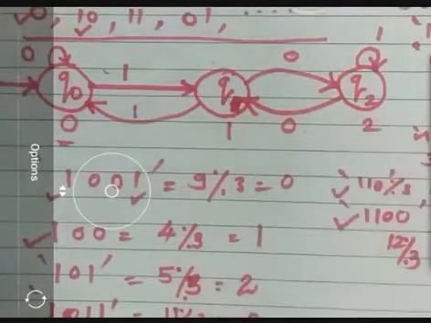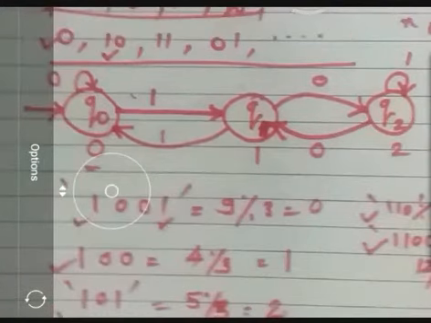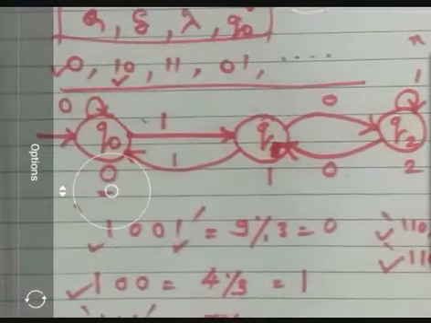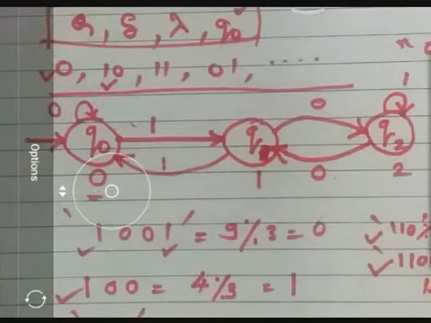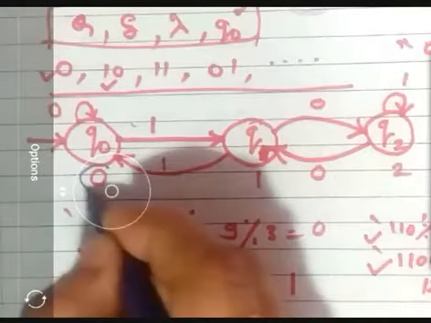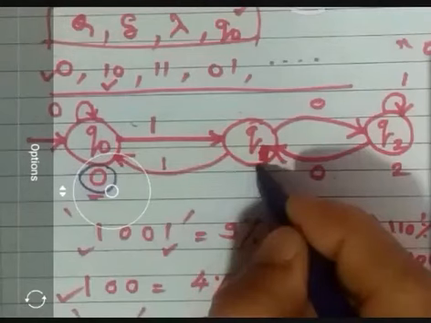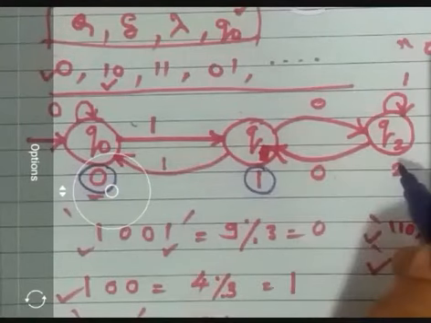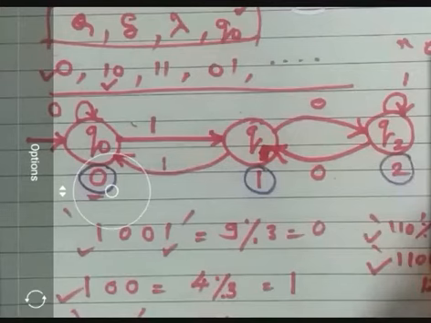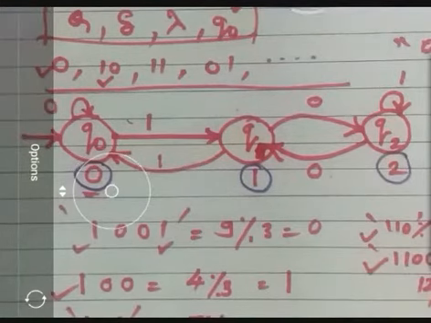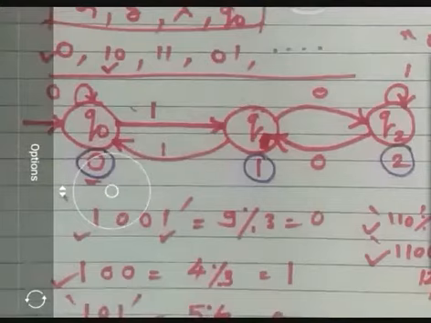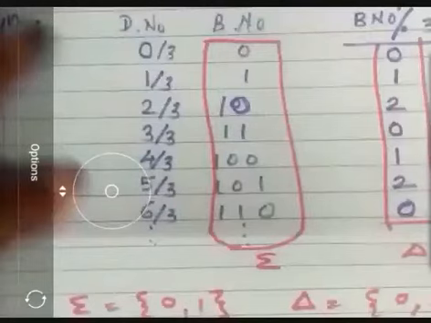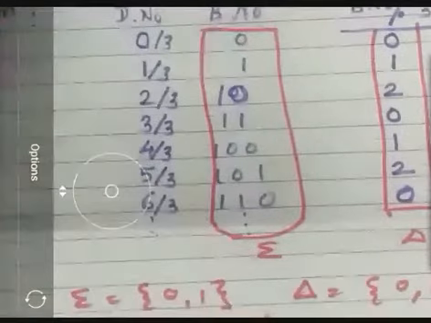Is it clear? So we can say that this machine is designed, a Moore machine is designed where Q0 is associated with 0, Q1 is associated with 1 and Q2 is associated with 2. Okay. And it is working for all my input symbols. Now what do we have to do? We have to just represent this machine in the form of what? A table.